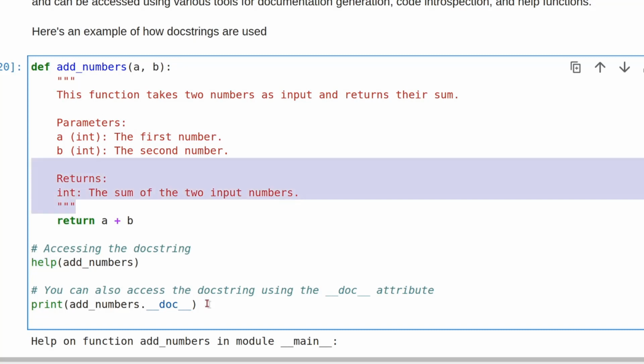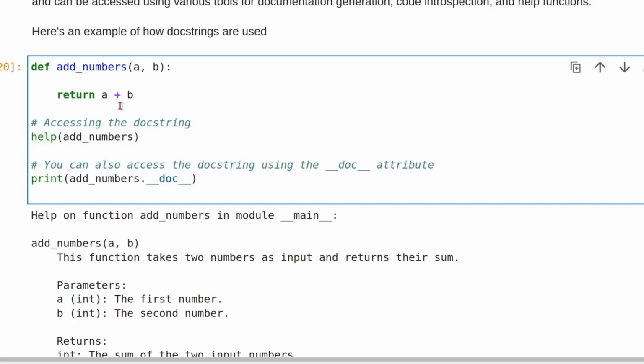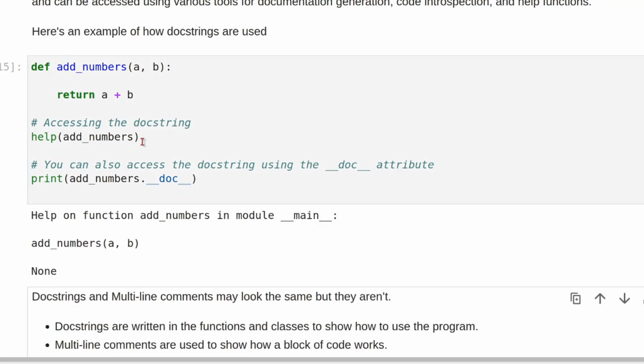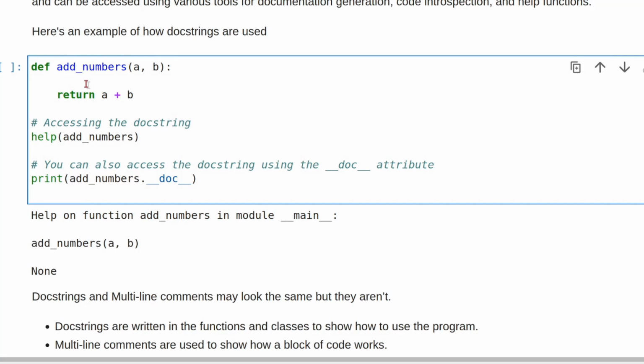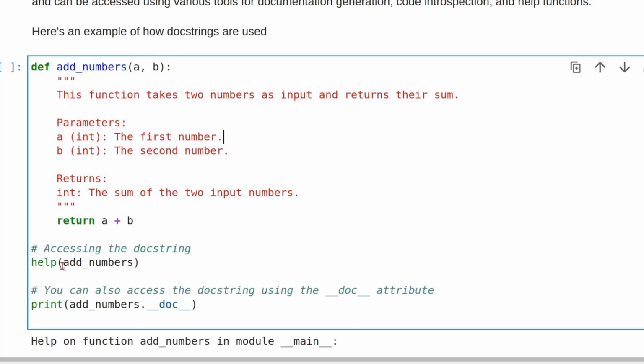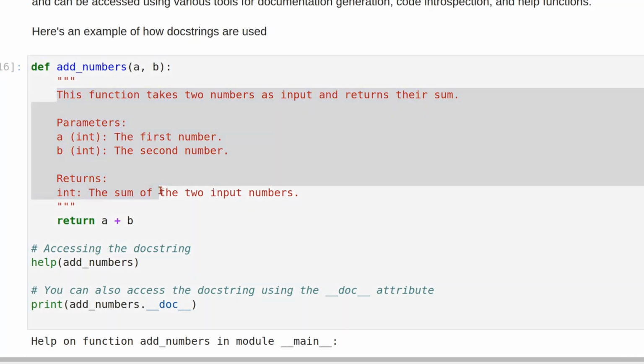Let me do one thing first: let me just remove this, so there is no doc string. If I run this code, it shows help on function add numbers in the module, but nothing else, because no doc string was there. But if I write the doc string back and call help on add numbers, it will access the doc string and print it out.